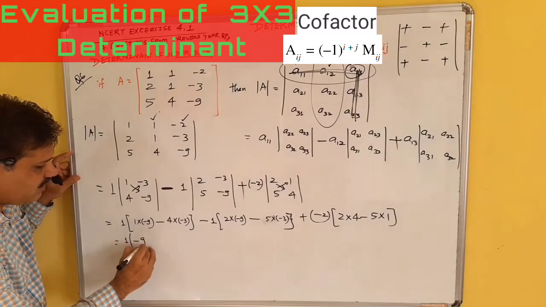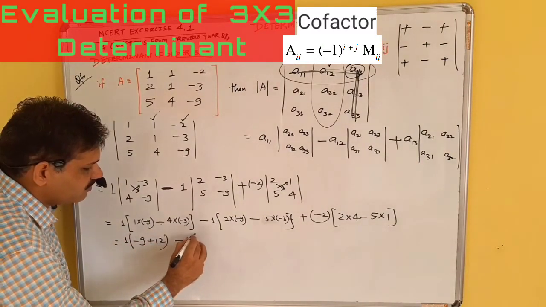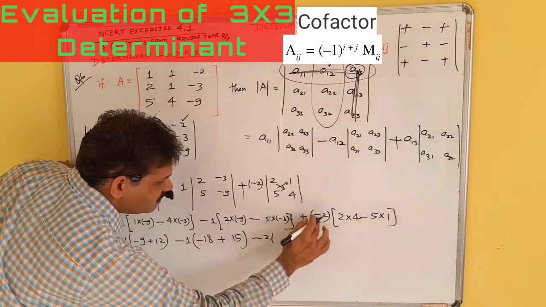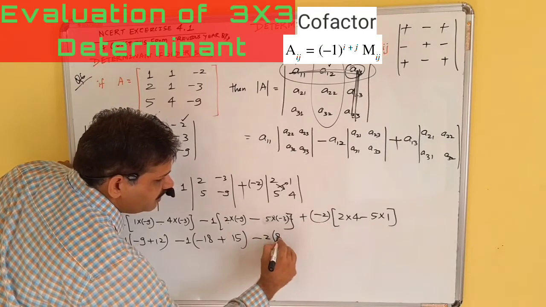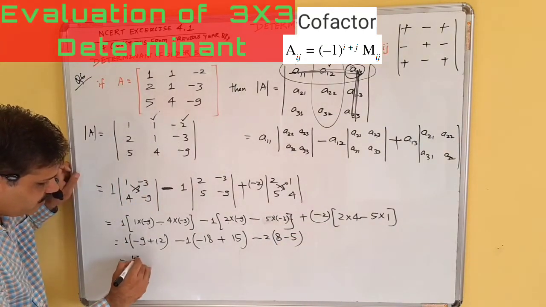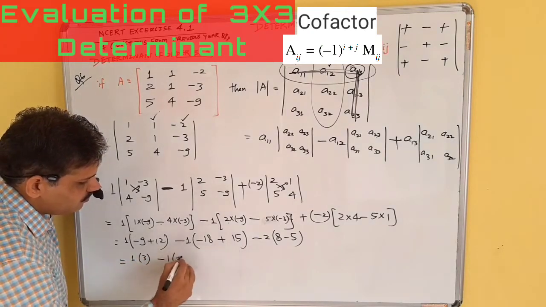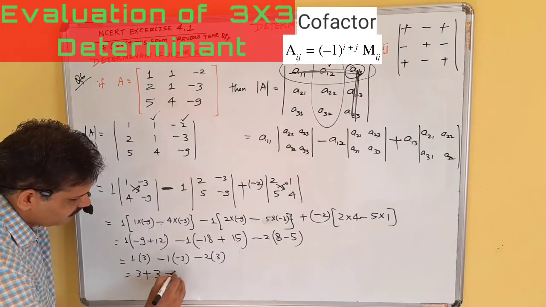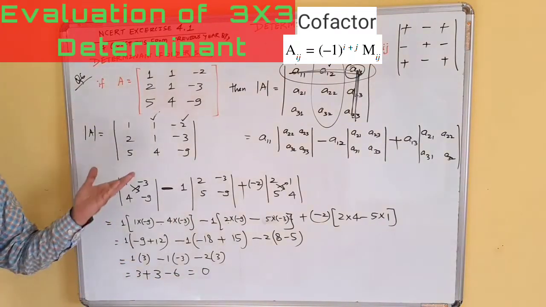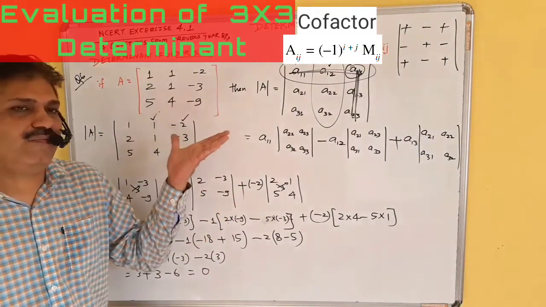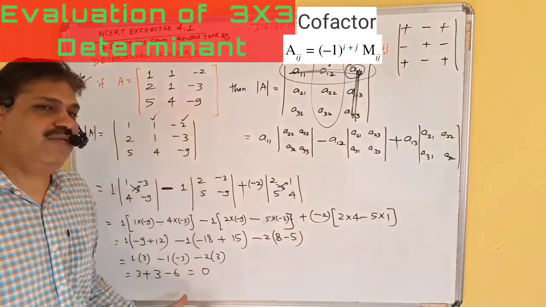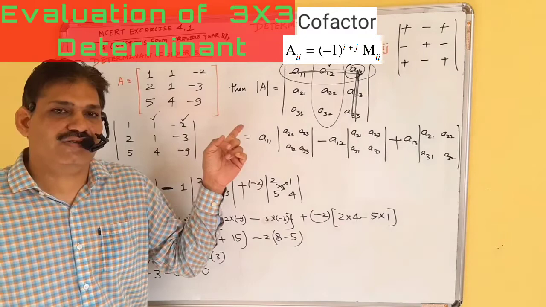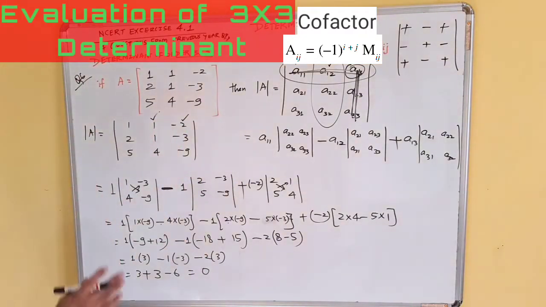1 multiplied by -9, minus into minus plus 12, minus 1, this is minus 18, minus into minus is plus 15, minus 2, plus into minus is minus, minus 2 multiplied by 2 4s are 8 minus 5. So this gives me 1 into 3 minus 1 into minus 3 minus 2 into 8 minus 5 is 3. So this will simply give me 3 plus 3 minus 6 is 0. The value of its determinant is 0, and this kind of matrix is known as singular matrix. So inverse is not possible. We will talk about it when we are talking about inverse of a matrix with the help of adjoint of a matrix and determinant of a मैट्रिक्स।